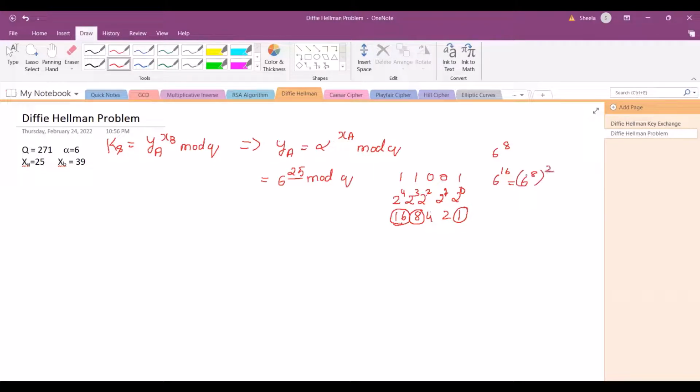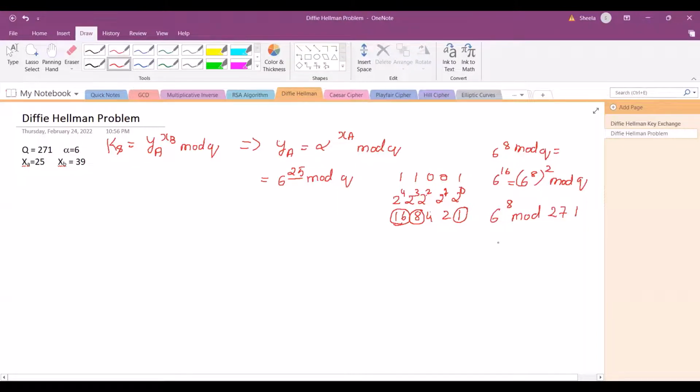If I know the value of 6 to the power of 8, I can directly find out 6 to the power of 16. And whatever value we get, we have to take mod q. Okay, so now let us find out the value of 6 to the power of 8 mod q. So the value of 6 to the power of 8 mod